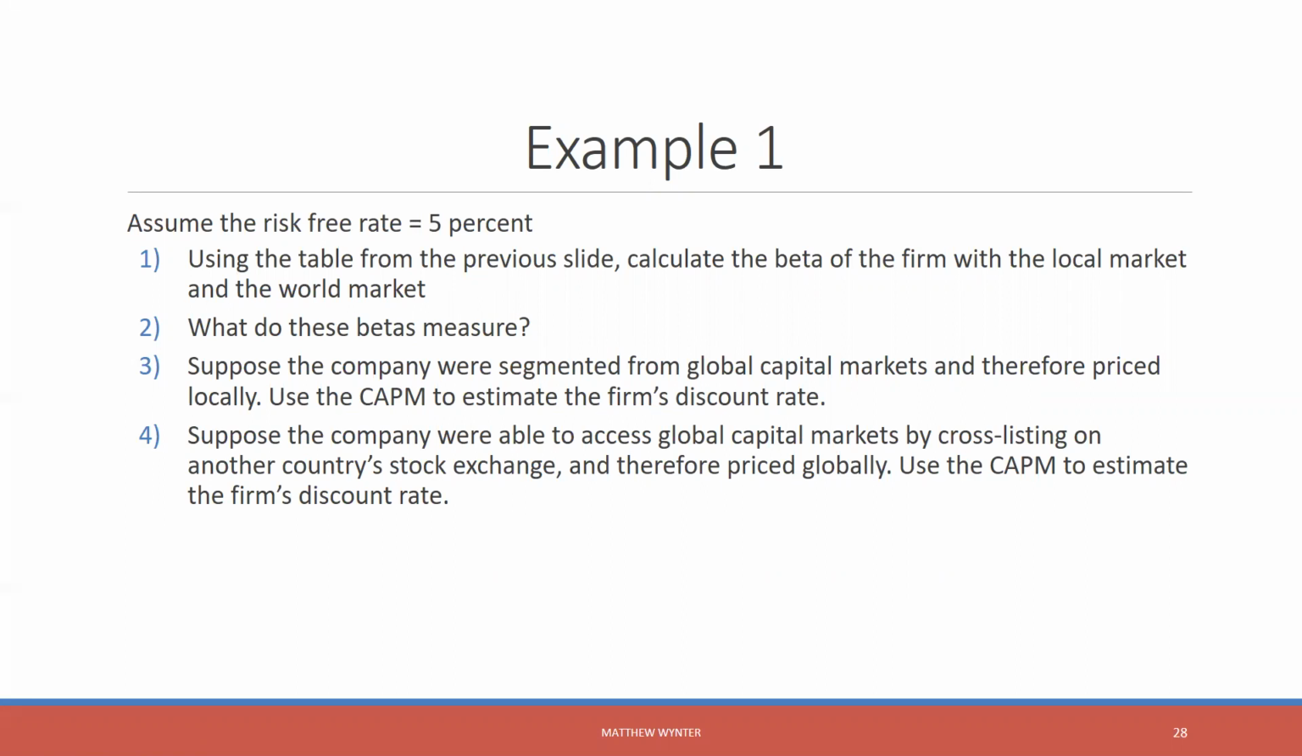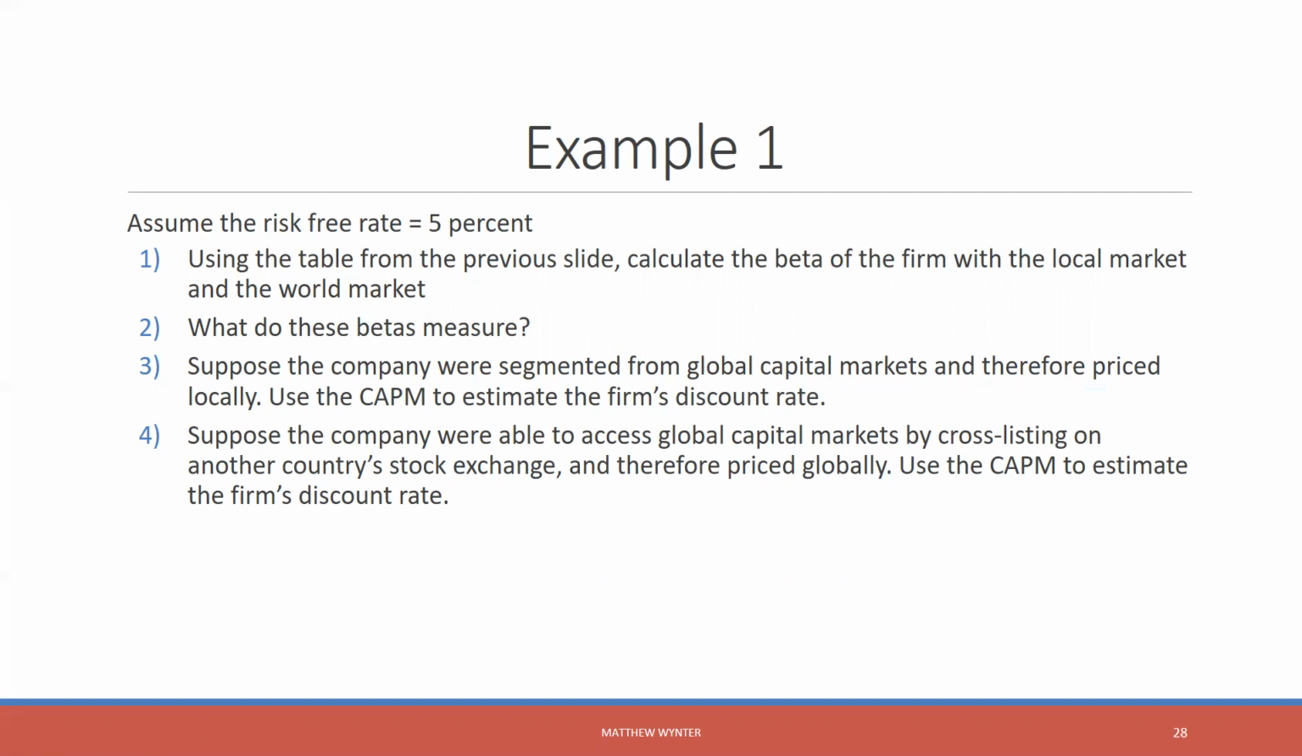What do these betas measure? As you set this up and solve for it, remember that your beta is telling you how a 1 percentage point increase in the expected return for the market increases or decreases the expected return of firm I. So if firm I had a beta of 2, we would be saying that a 1% increase in the expected return for the market, we would expect a 2% increase in the expected